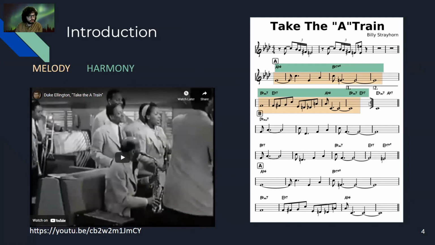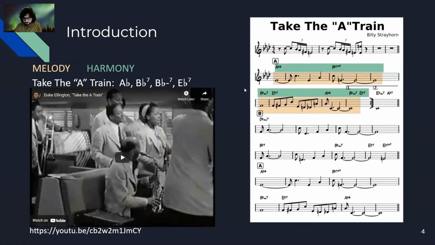Okay, this short excerpt shows that we have two parts to this music. This is music in a sheet music notation, or fake book notation. It has a melody and a harmonic line. The harmonic line is written just with chord symbols. In this case, the chord symbols of this first part are A flat, B flat 7, B flat minor 7,